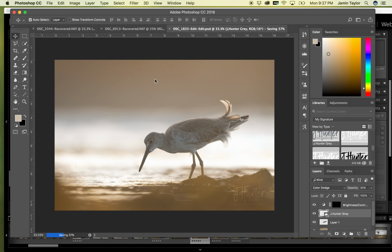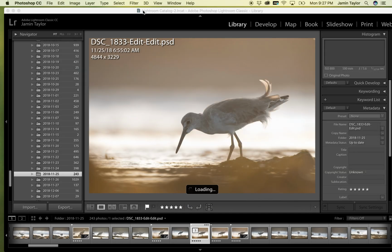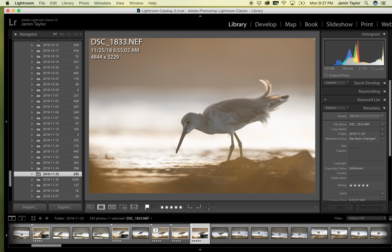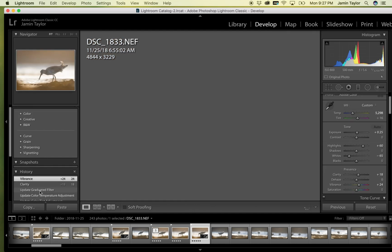So I'm going to save this, and then we're going to go back into Lightroom. We're going to see what we did, and then I'm going to show you what I do to save them to the web, like for sharing to Facebook and whatnot. So here we go. There's my finished image. And there's my raw image. If I go in here,